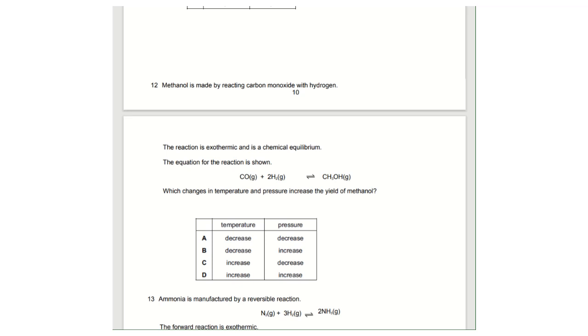If temperature is decreased and pressure is increased, more yield will form, because on the left hand side there are three particles in total. Increase in pressure will shift equilibrium from left to right, and more product will form. As the forward reaction is exothermic, lowering the temperature will reduce the backward reaction, so more product will form. So low temperature and high pressure. So the choice will be B.